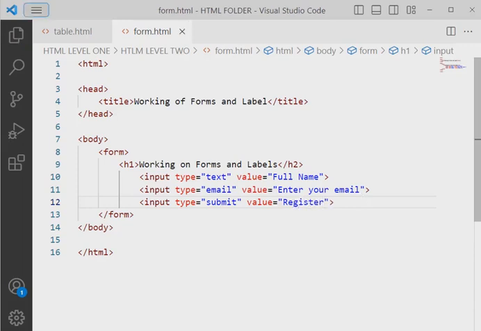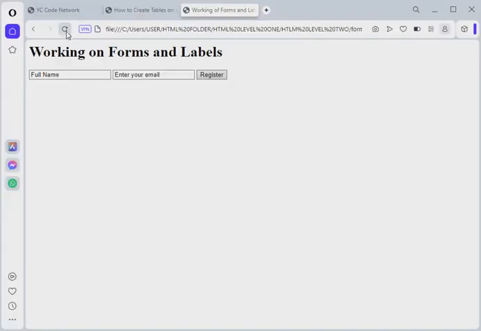Once I save and go to the page, once I refresh, you can see that it says enter your full name here. We have full name and we have enter your email and we have this register button. If I input any data here, let me say I write my name, and I move to the next tab and I enter my email. The reason why I use that email now, you see it. Once I say Yusuf